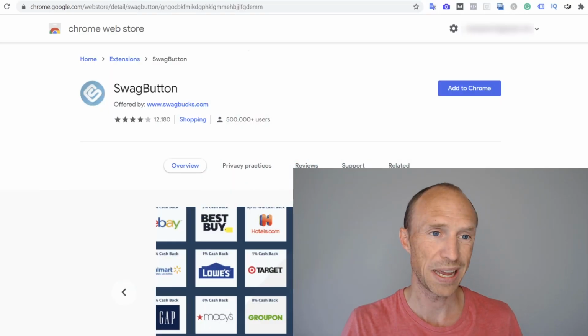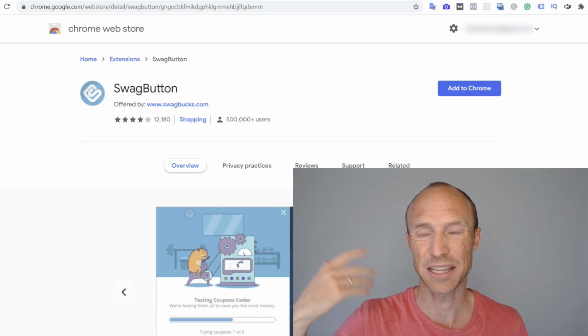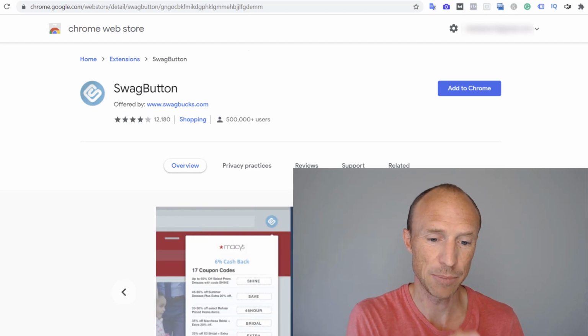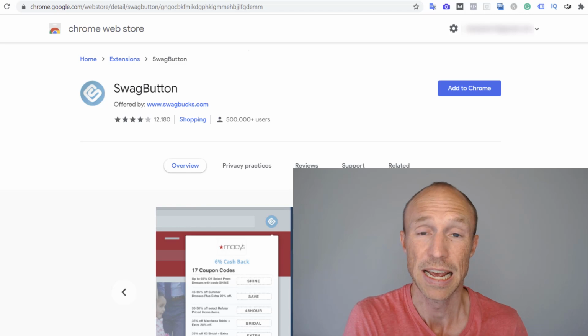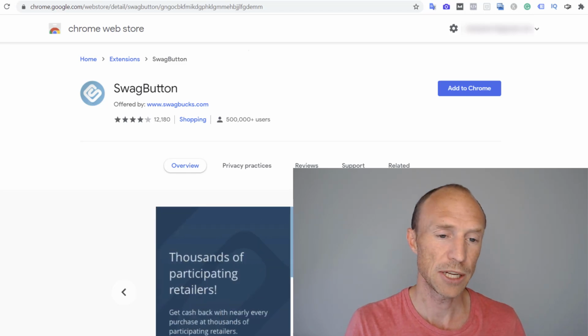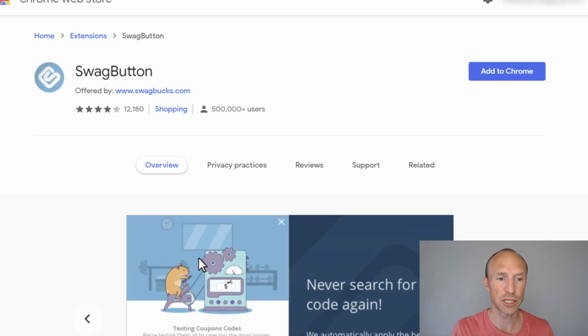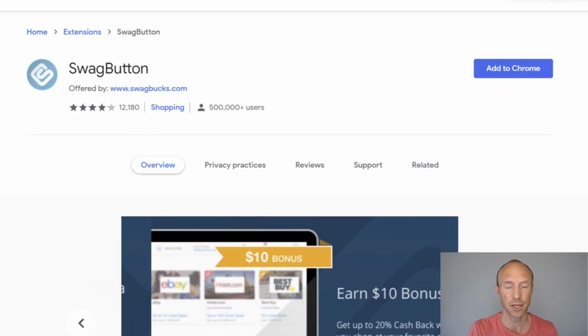So the first way to not miss out when there are swag codes, because one thing is that they're posted, but usually they have a limited number of times they can be redeemed. So if you're not one of the first people to redeem it, then you might not get the free Swagbucks. And one way to make sure that you are notified is to install the swag button, as they call it. They have a Chrome extension, they have an extension for other browsers as well, and here you can install it,